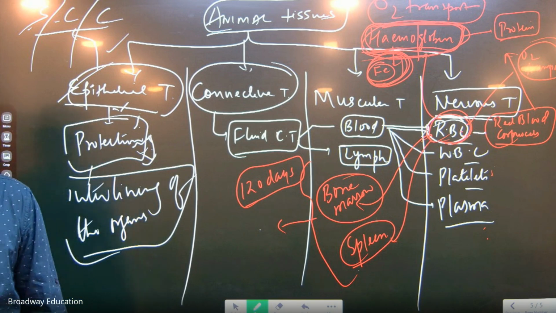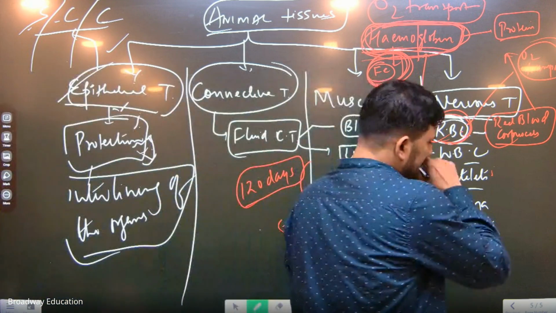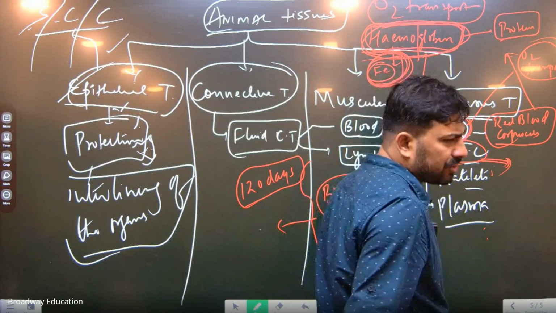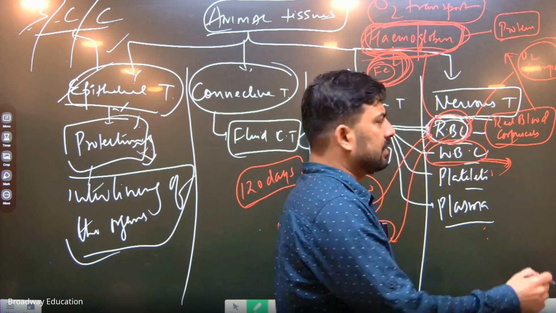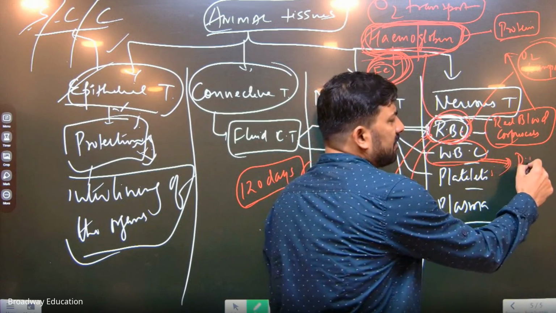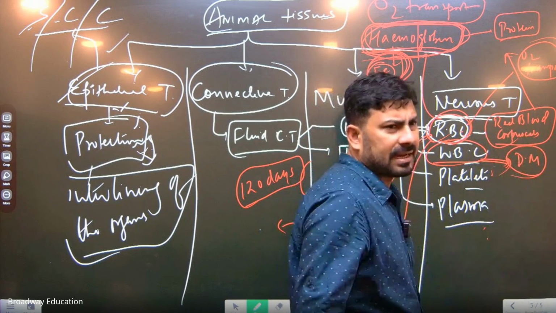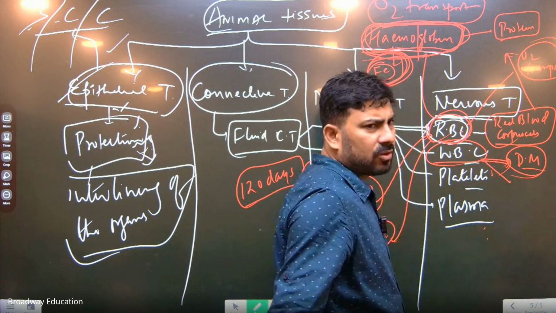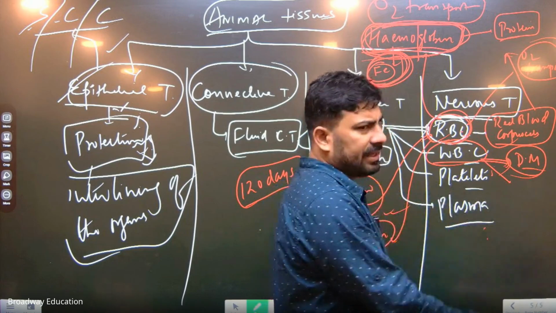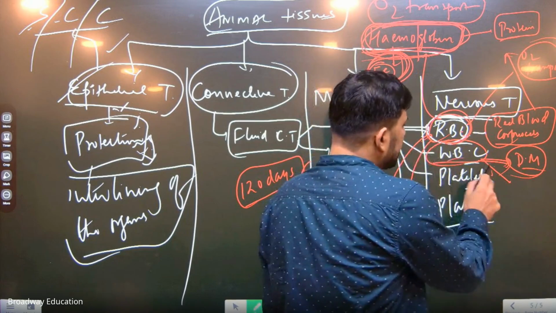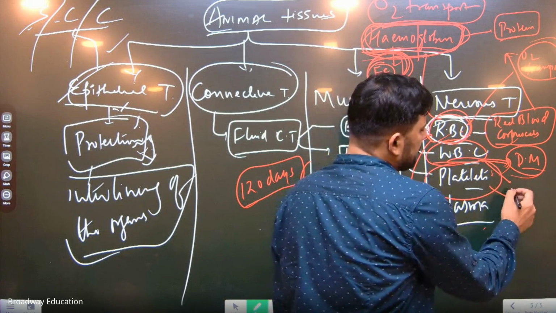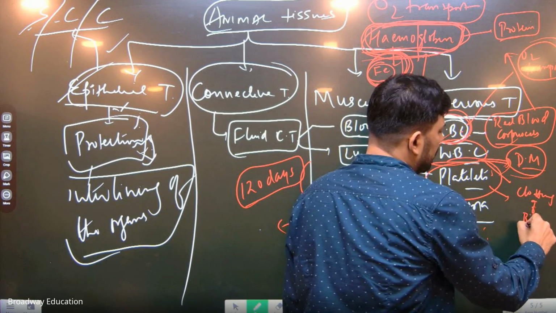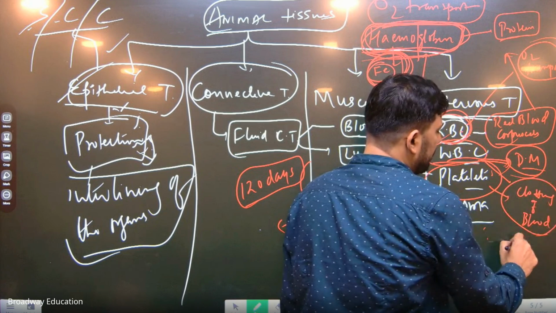Okay. Now after this, please write it down. In the WBC, the main function of the WBC is what? Tell me. Defense mechanism. Is this part clear? Now here also they are produced in the bone marrow and destroyed in the spleen. Okay. Now platelets main function is clotting of blood in presence of calcium ions,